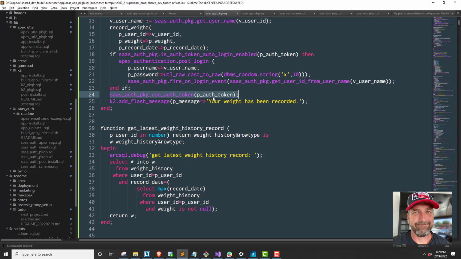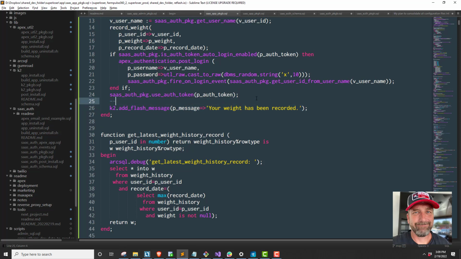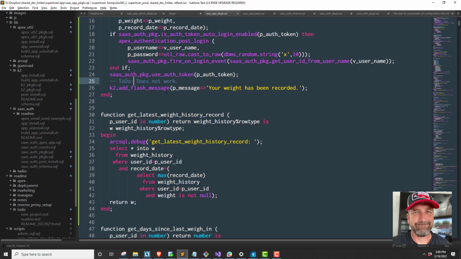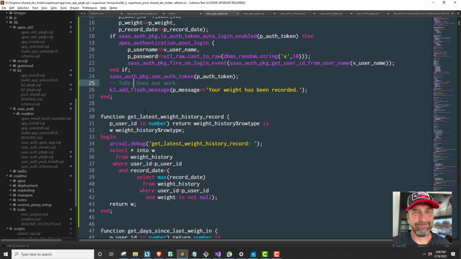We increment the use auth token, and then we add a flash message to the session, which didn't work. I think that's because the session ID changes when it auto logs you in or something, but it didn't show up. Should have showed up, but didn't show up. And that might also be something to do with I might have broke that. So those are all things we're going to fix. But the gist of it is